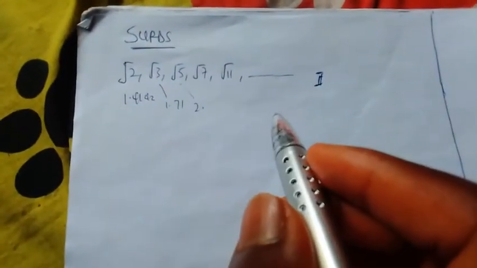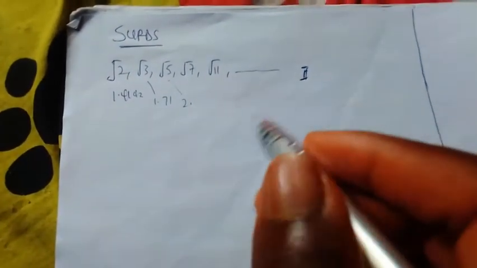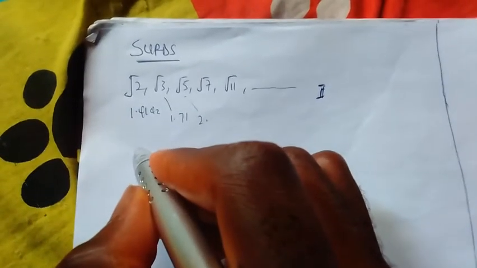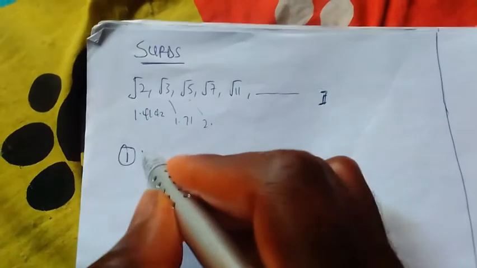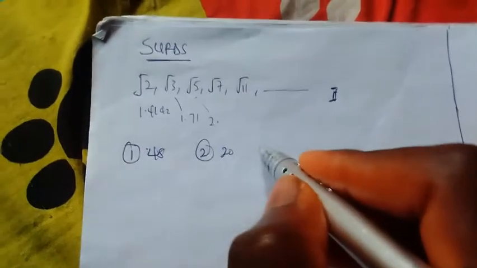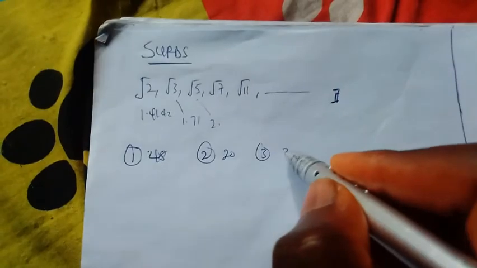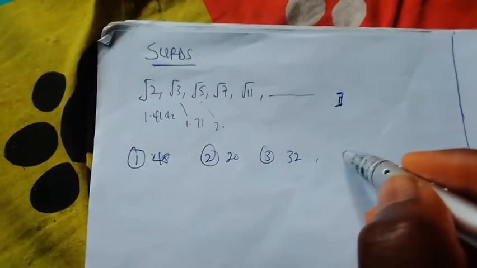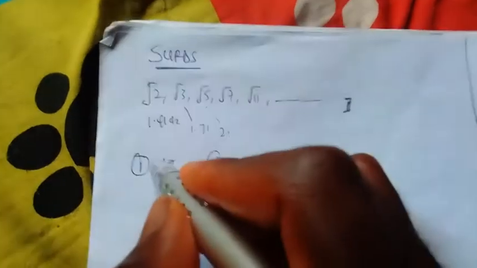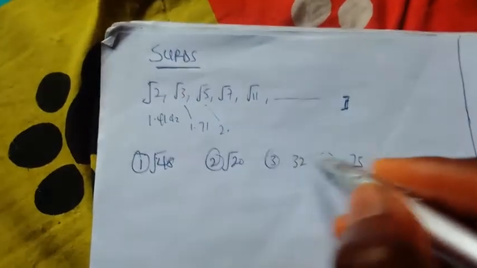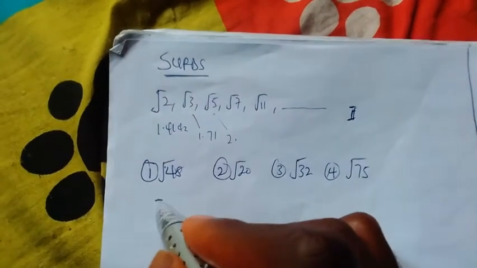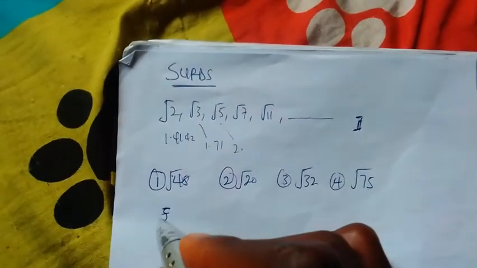Now, in today's class, we'll be looking at how we're going to also simplify Surds. Example, given that we have 48, we have 20, we have 32, and we have 75. Now, they are all in root. If I was to find what these numbers would be, expressing in Surd